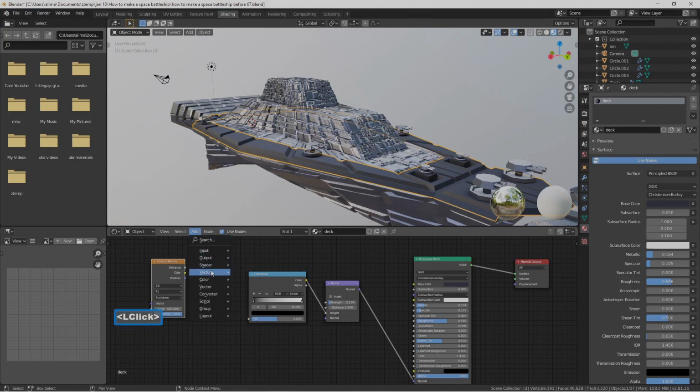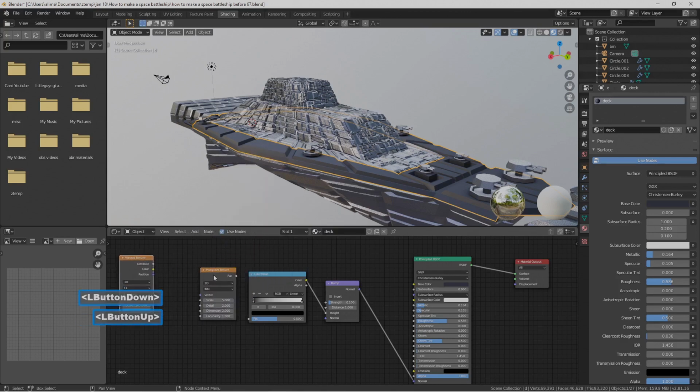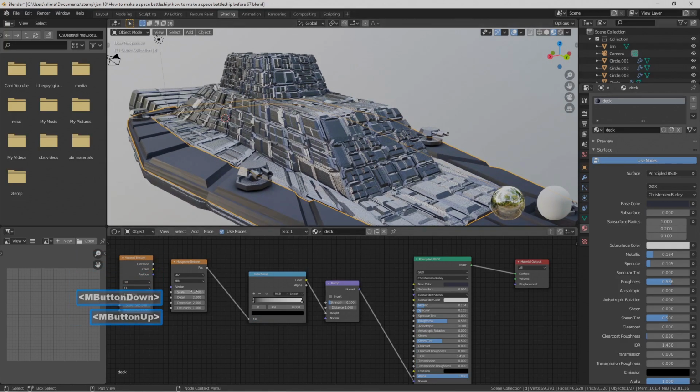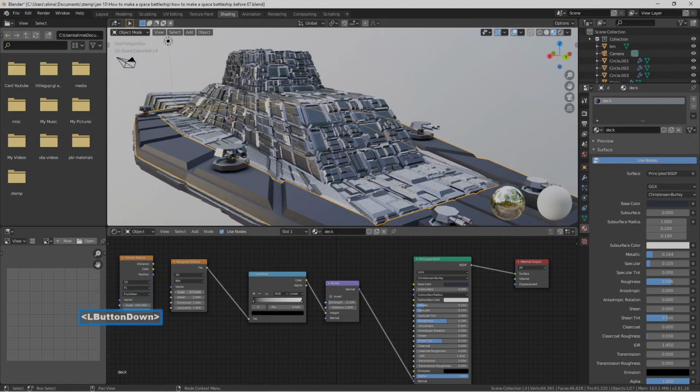I'm going to switch to a Musgrave texture. So I'll just move this out of the way. Connect this to here. And I'll take this scale way up, I'm thinking around 500, just to get a slightly